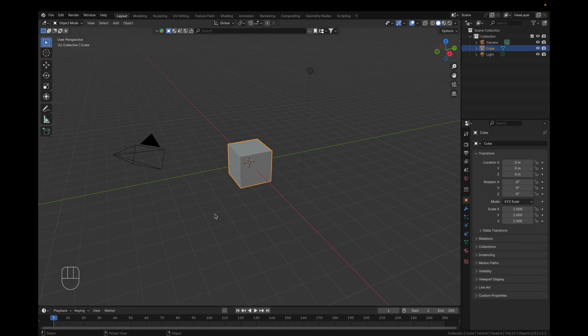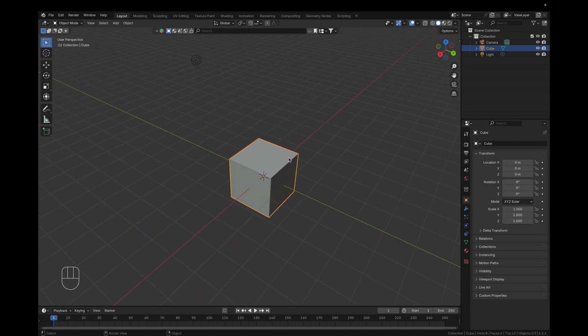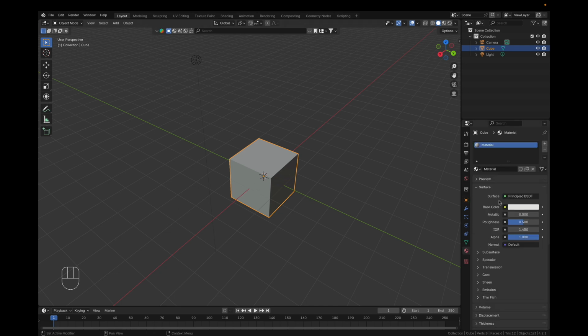So here we are in Blender, and what I'm going to do is quickly show you some of those examples we talked about in the presentation. So if you want to make a color grid, it's easy. We just go to a material that we have applied to our object,